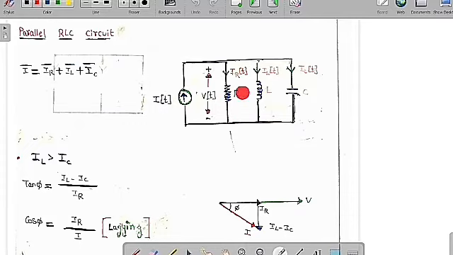And the current through the resistor is IR of t, the current through the inductor is IL of t, and the current through the capacitor is IC of t. Then the supply current is equal to IR bar plus IL bar plus IC bar. So now I am going to do the